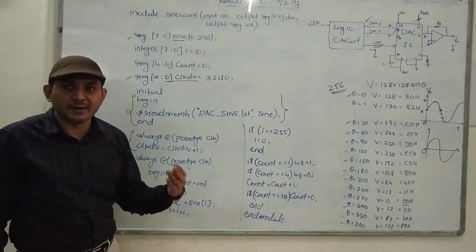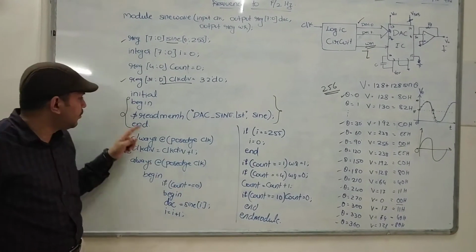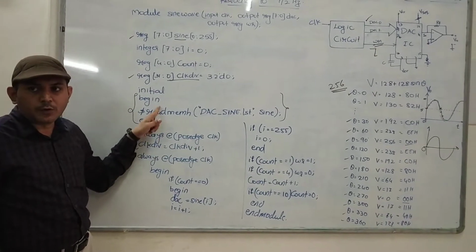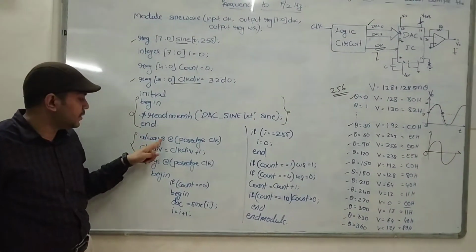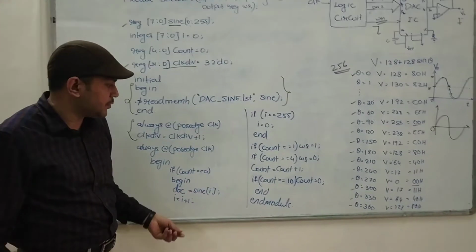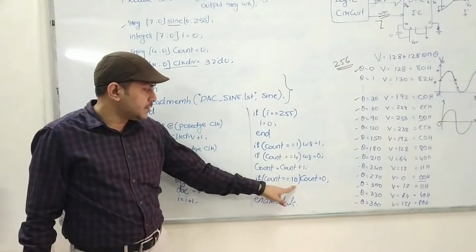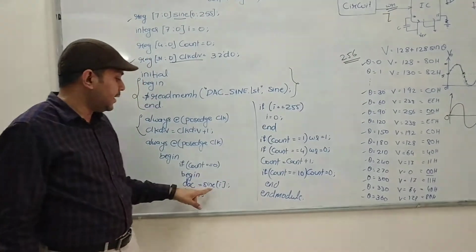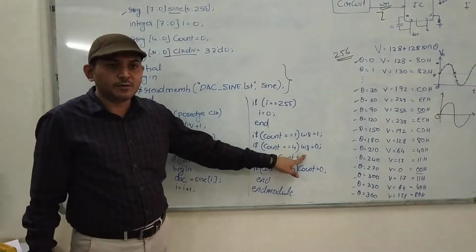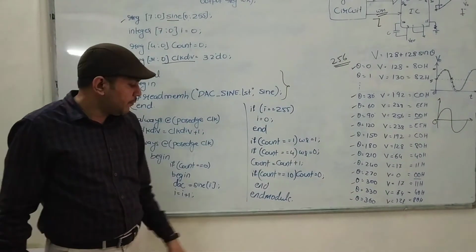Always block means every statement is executing in parallel. In the initial block it doesn't happen like that; statements execute one after the other, as you write them. Whereas in the always block, all the statements are executed concurrently. That is what we have understood. So for every 10 clock pulses, we will send the sine values and we will transmit a high to low transition on the WR. After that, what?